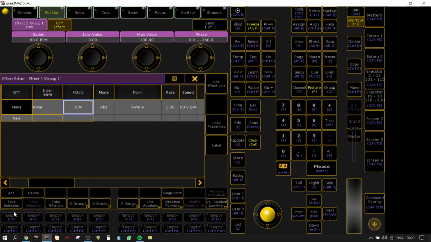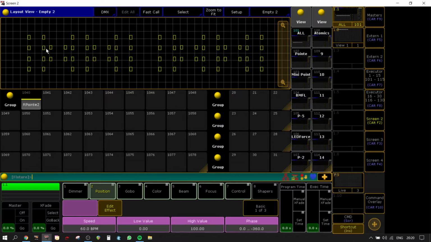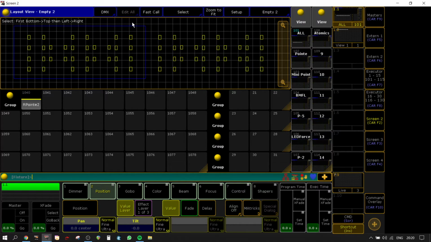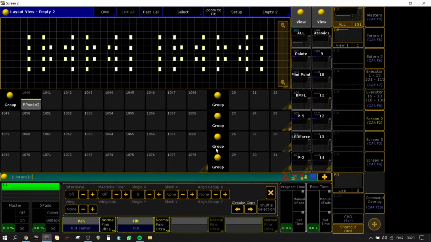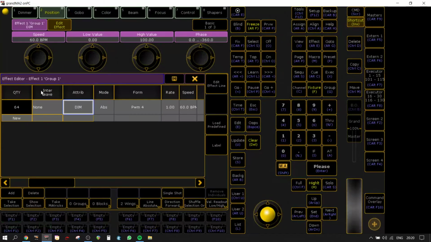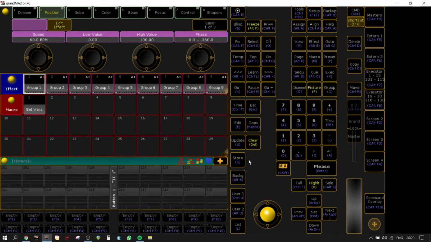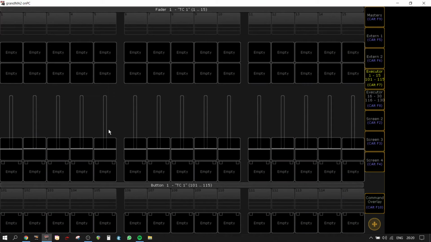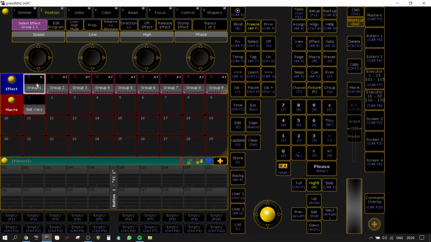Alright, so now we have our group selected in a symmetrical order, which means you just mirror the left from the right side, and you can check it through if it goes in a symmetrical order, and it does. So now we're gonna store it in my effect. Now what we're gonna do, we take the group, we put it on full, we store it in our executor, and then we